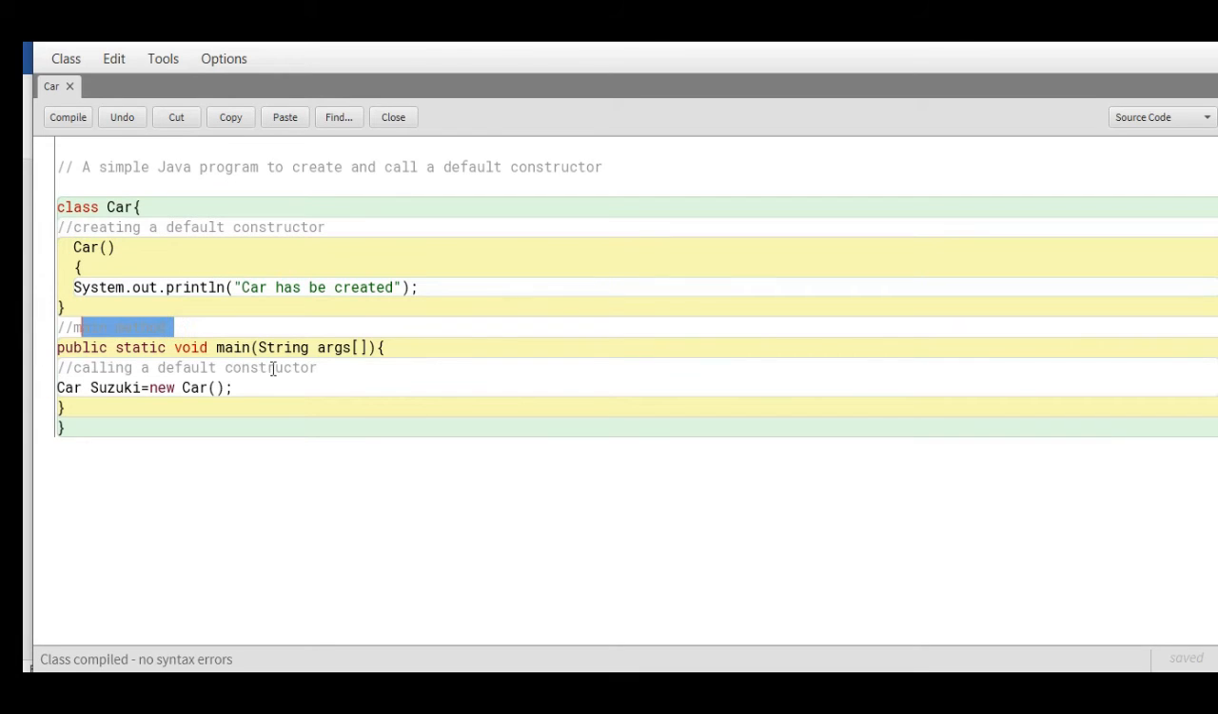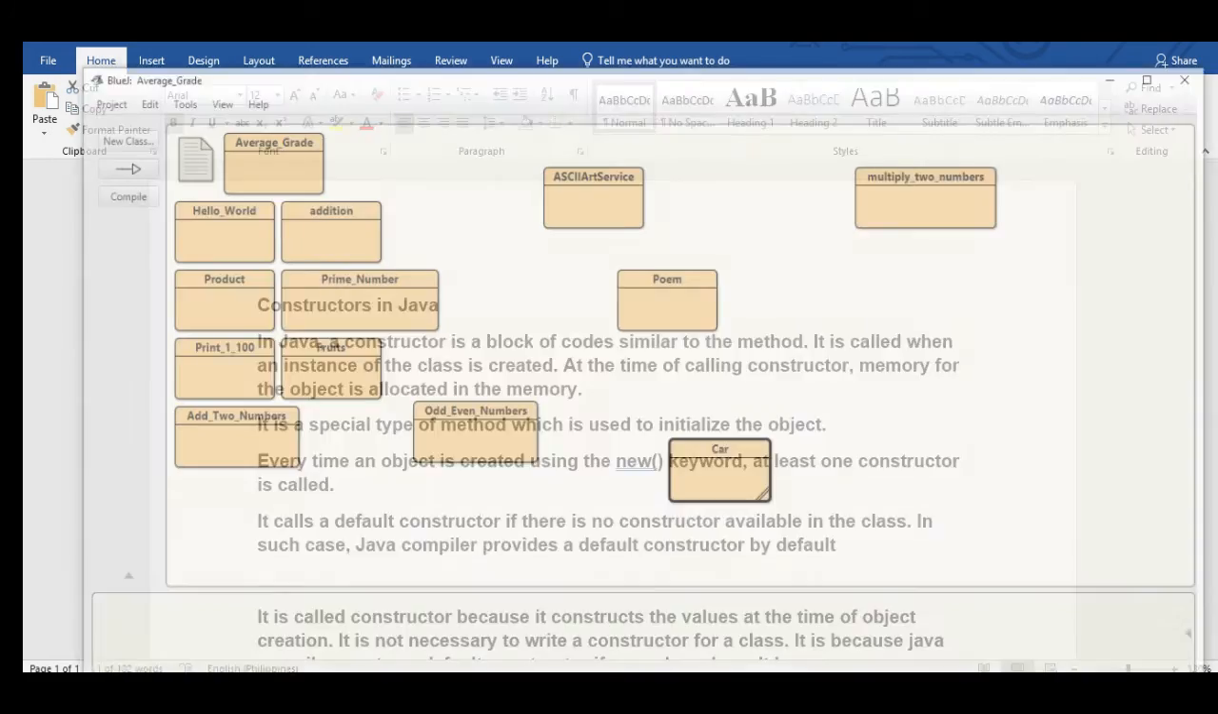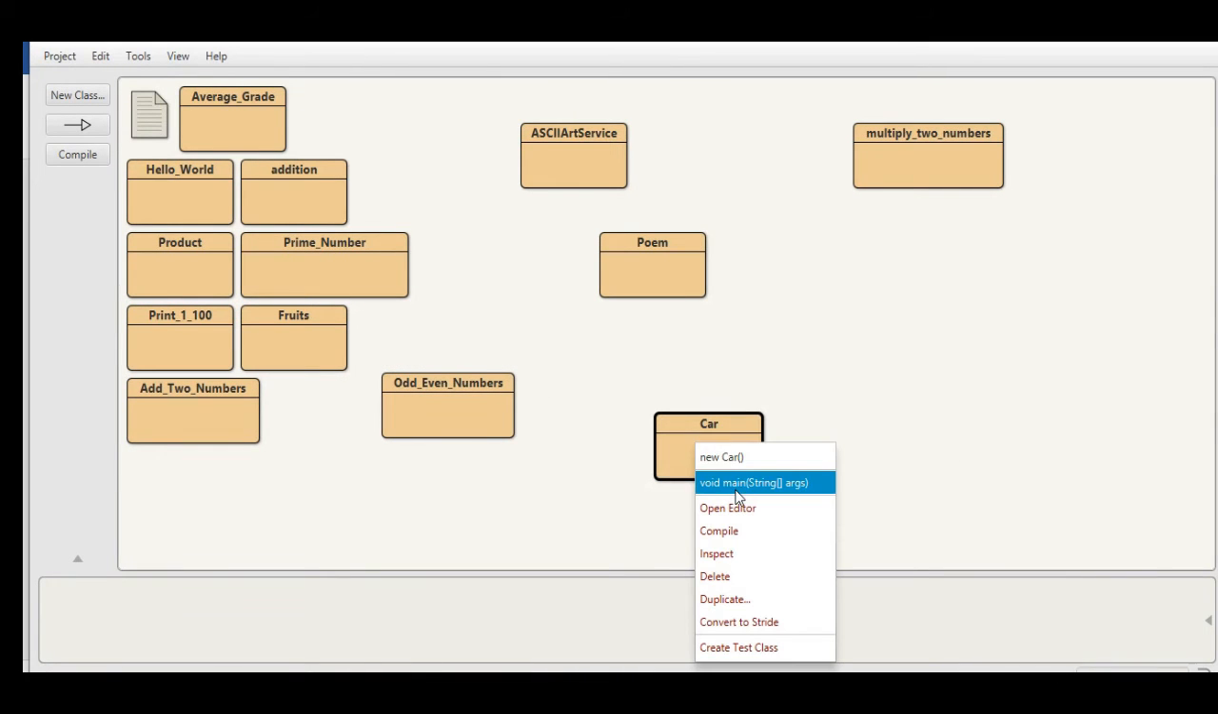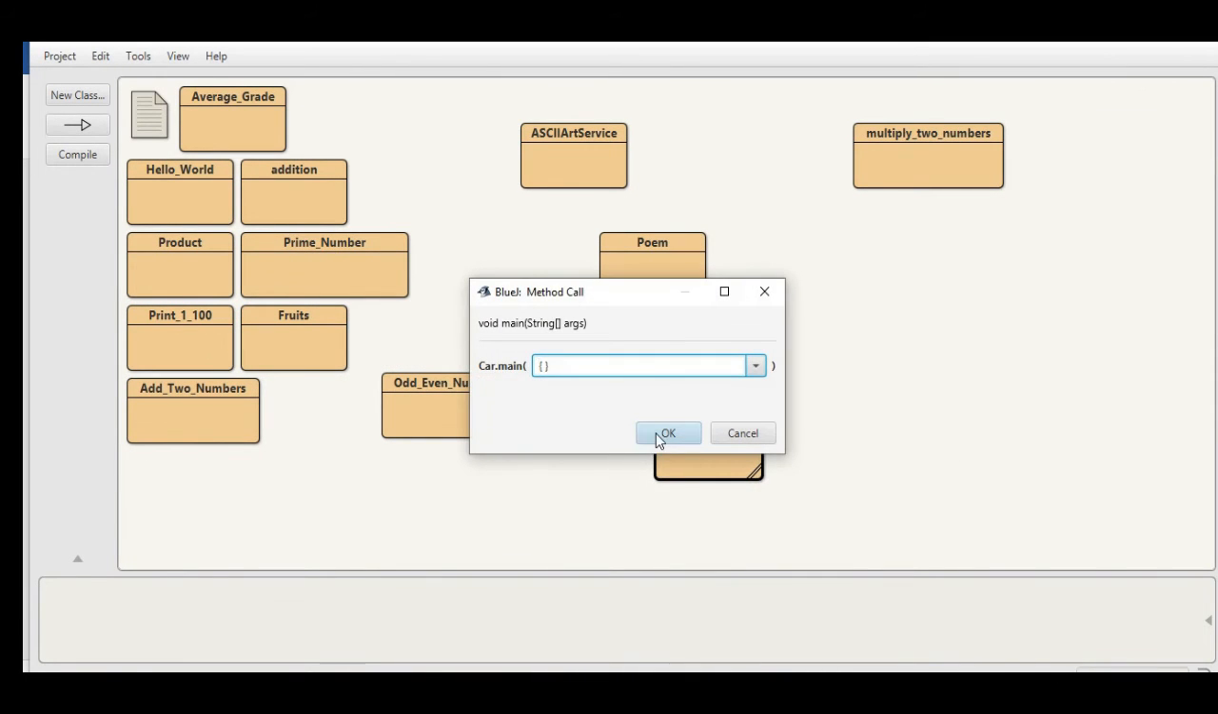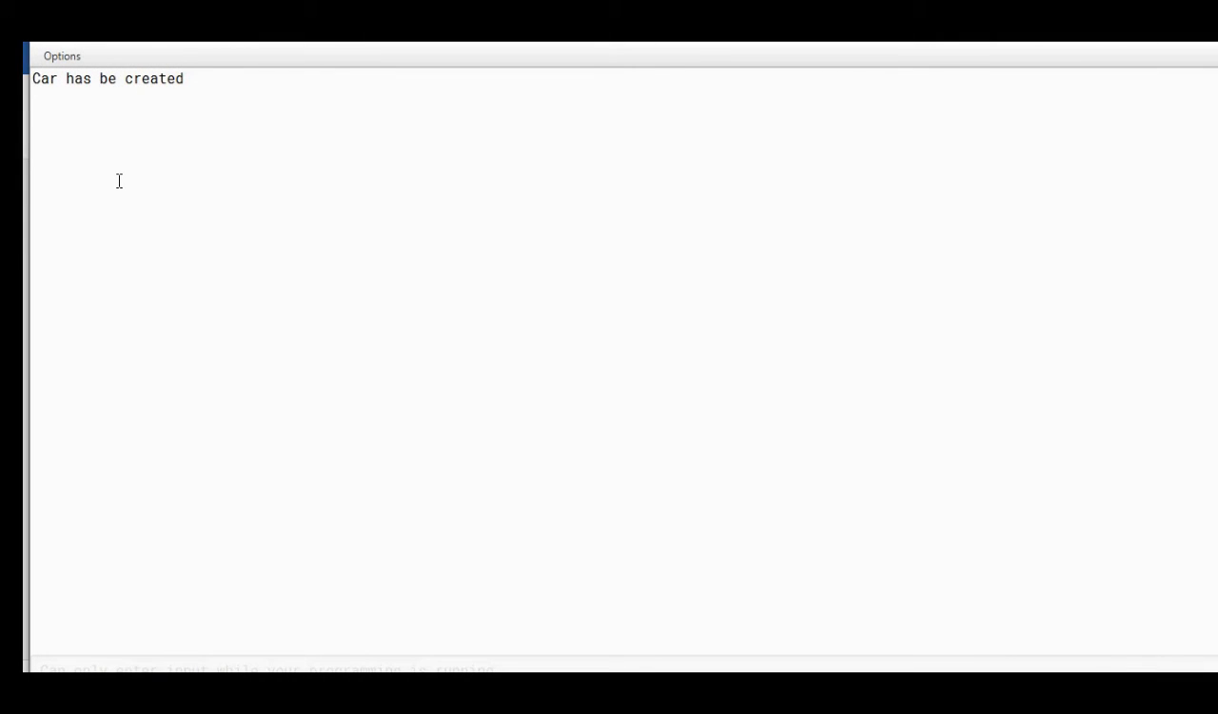Main method, public static void main, calling the default constructor Car, and then we create an object, Suzuki = new Car(), and then we close. When we compile, we don't have any error at all. When we close in our BlueJ, and then we will right click void main to execute. Okay, so we have here Car has been